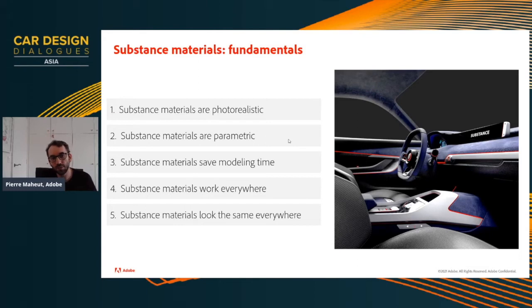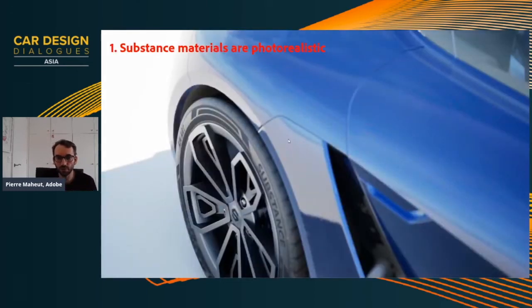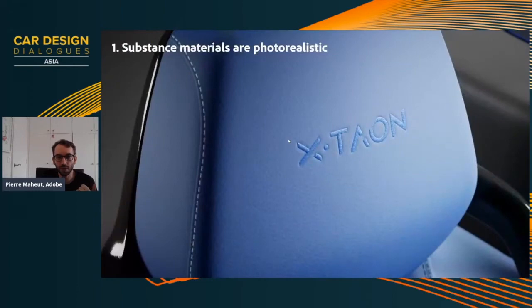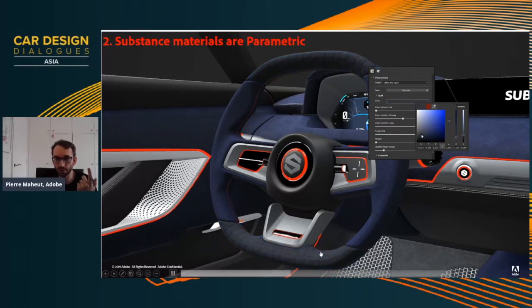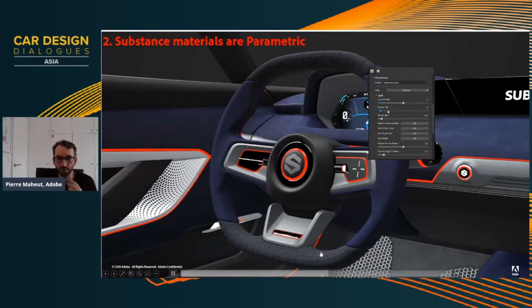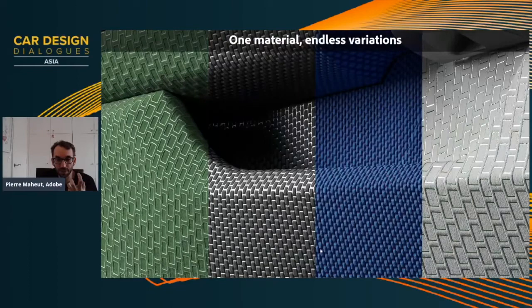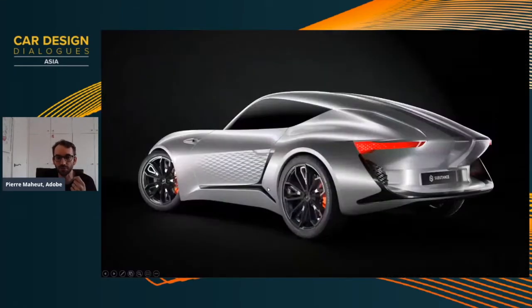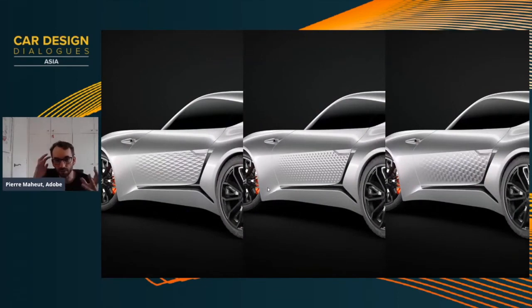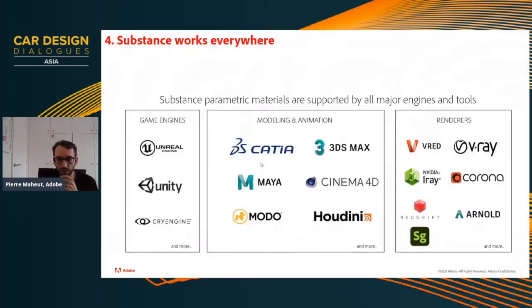So to wrap up, when you are using a Substance material, what you are able to deliver is first photorealism, then flexibility with parameters. Here, changing the embossing, changing the color, changing the roughness independently from each other, so that each material is a library of materials on its own. Also saving modeling time, because you can play with displacement and normal maps to do those kinds of effects. So while you're still in the concept phase, if you want to play around with texture in the interior, or here with the exterior of the car, you can very quickly and easily do it.